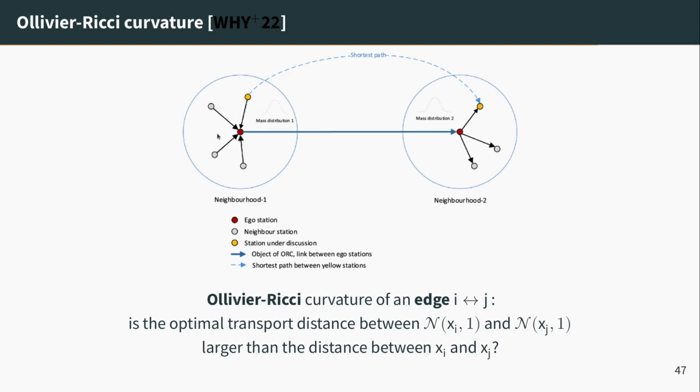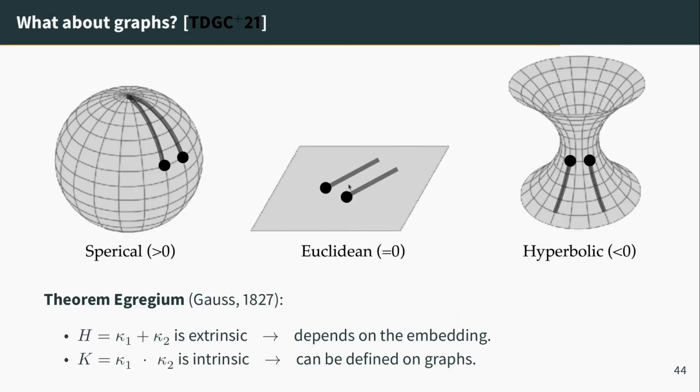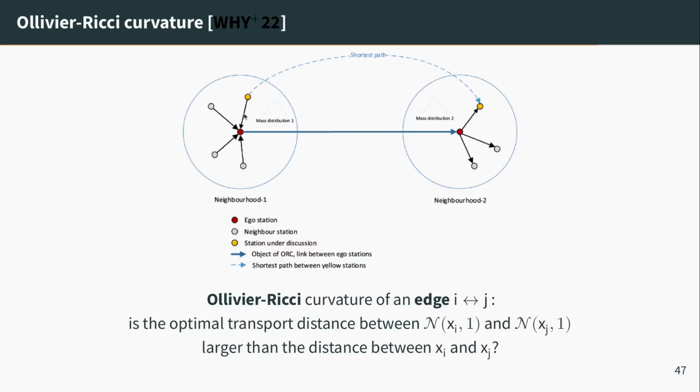Let's say that here you had a normal distribution, and you are on the Euclidean plane. Then the optimal way of transporting this distribution to this one is just to translate it. And so you can show that every point essentially will travel the same distance as the two vertices. So this is a characterization of flat planes, where it's just the same idea as here. Like neighboring points tend to stay at the same distance as the base points.